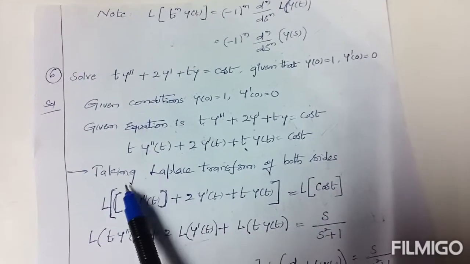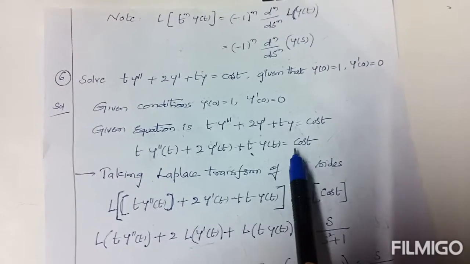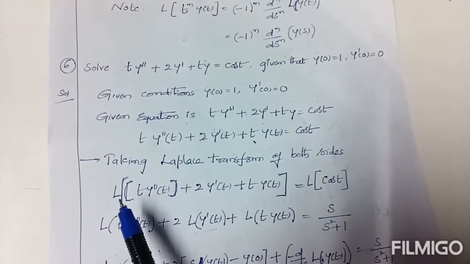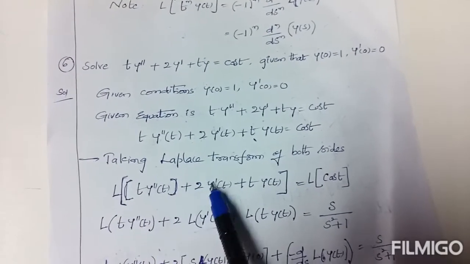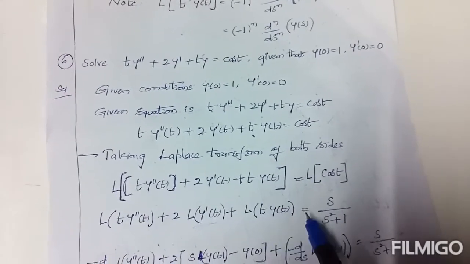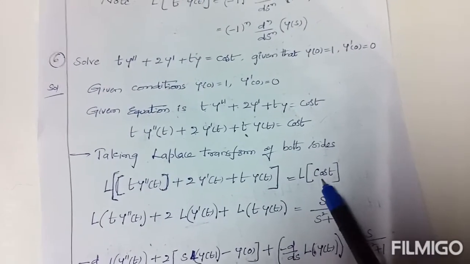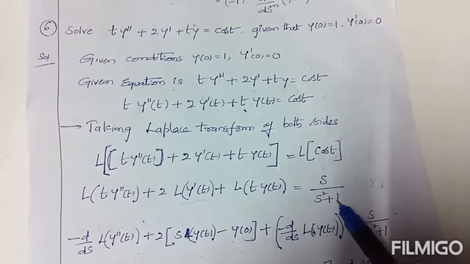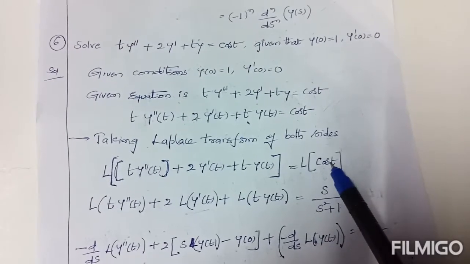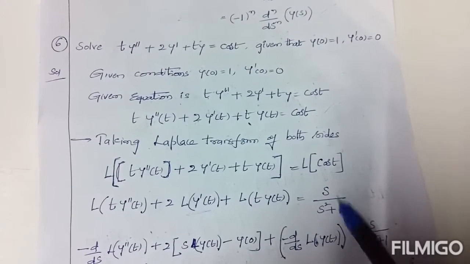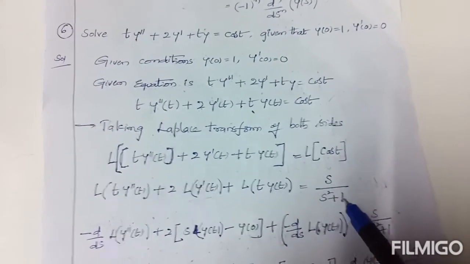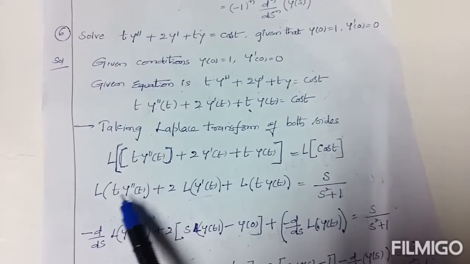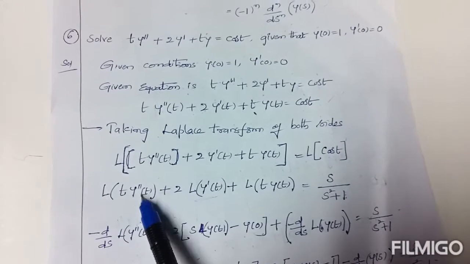As per the working rule, taking Laplace transform on both sides of the above equation, L of left side equal to L of right side, and then enter L into the bracket: L of first term, plus 2 into L of second term, plus L of third term. On the right hand side, L of cos t is similar to L of cos at. L of cos at is s by s square plus a square, where a is 1. The t multiple is called a, and here the t multiple is 1. So it is s by s square plus 1 square, and 1 square is 1. After that, here L is operated on the product of two functions, both in terms of t only.